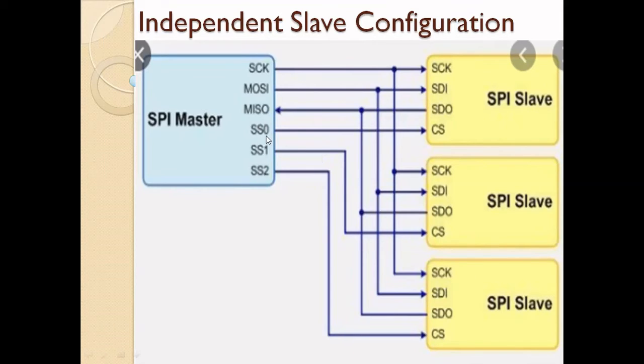So what is the problem in this configuration? Suppose you are going to connect some 25 slave devices. The master here is called an Arduino controller. In this controller, we need 6 pins if we want to connect 3 slave devices. Suppose I want to connect 25 devices, that means 25 slave select pins, SS0 to SS25, plus 3, so 28 pins are needed. That is very, very difficult. If you connect more slave devices, we need more pins.